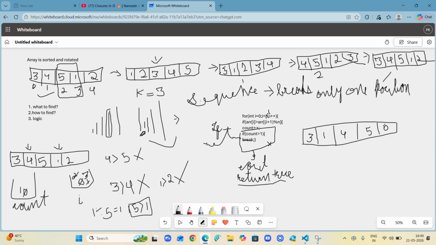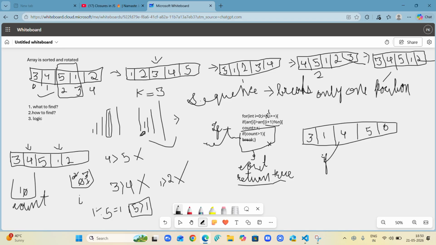You just dry run it for this, because I applied brute force, and this is the most optimized one I'm telling. Whenever you find some logic like this, array of (i plus 1) modulo n, this comes under optimized, because I'm running the for loop once only. Time complexity big O of n, space complexity big O of 1. So this is the most optimized approach. First you apply the brute force, and only then come to the optimized approach.